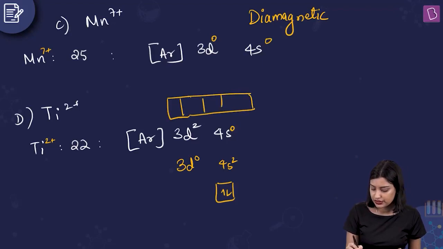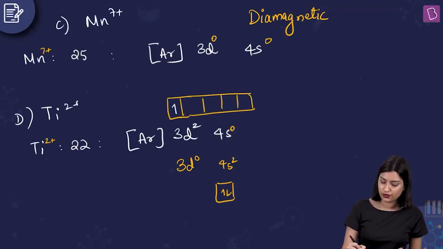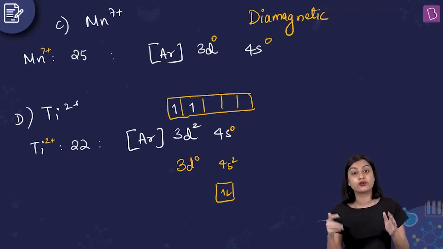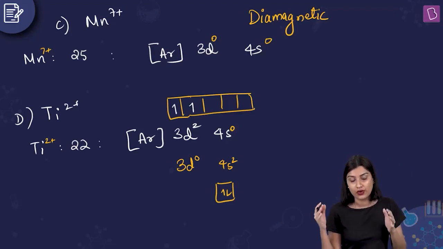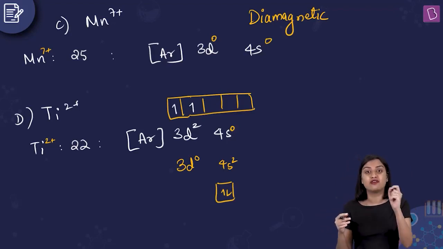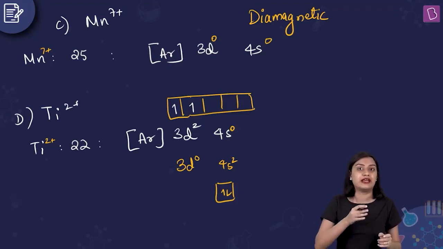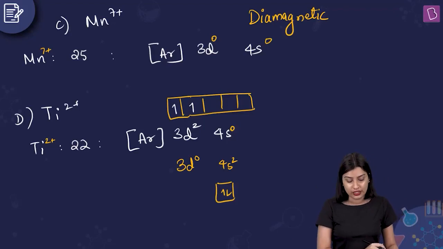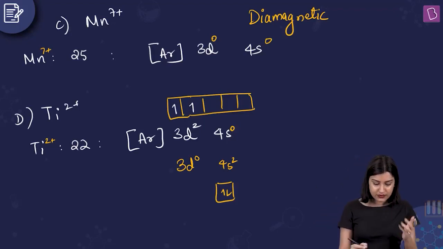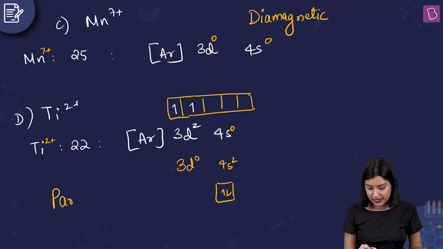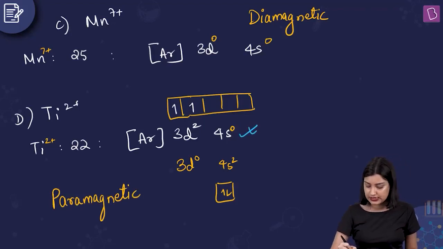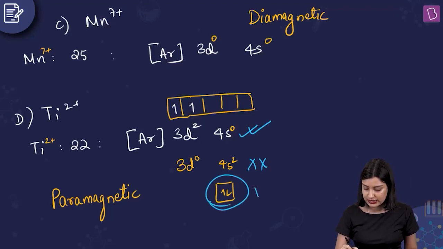So you have 1, 2, 3, 4, 5. Here you put your 2 electrons and you have 2 unpaired electrons, because all your d orbitals are degenerate, which means they have the same energy right now. They are degenerate, which means you have to fill one electron into each before you start pairing. You will not put both 3d2 electrons paired into a single orbital. Don't do that. So here you have this, and this is going to be paramagnetic in nature because it has 2 unpaired electrons. Be very careful. This is the right thing to do, not this. If you do this, it is incorrect.